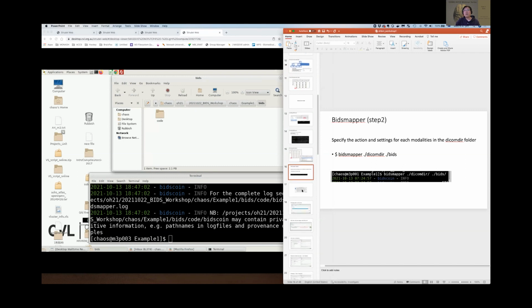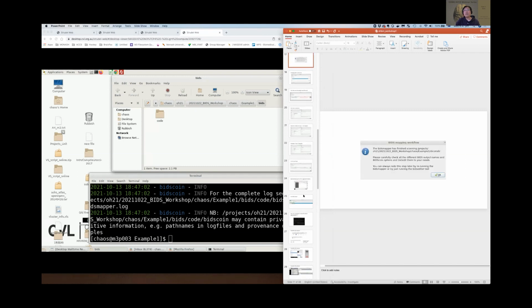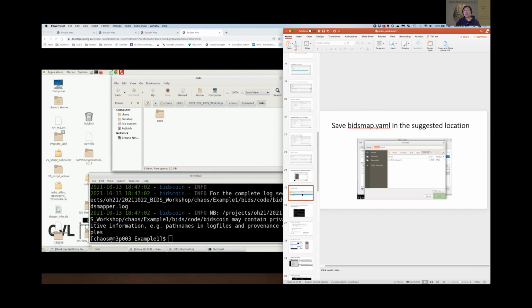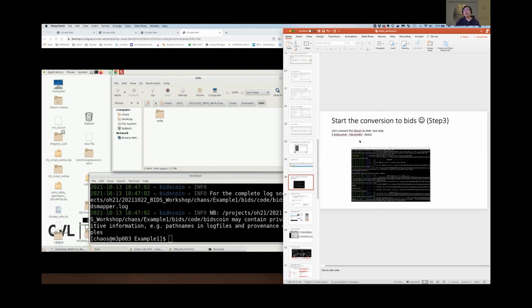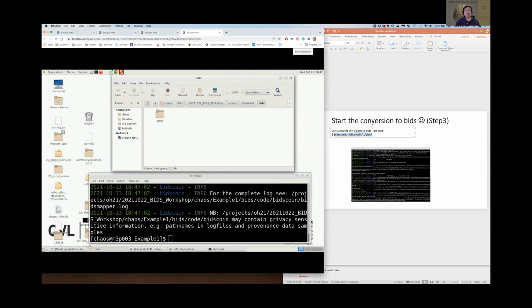Okay, so I'll skip all of this. If you miss anything, don't worry, all of this will be in my slides. You can just follow it. In step 3, I organized my slides so that after the dollar sign is the command that you can directly copy and paste. Edit, paste. Hope it's working.